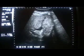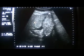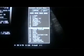So in transverse section there is no significant finding relating to the pancreas, and in longitudinal section this is the pancreas, and we don't see any pathology relating to the head of the